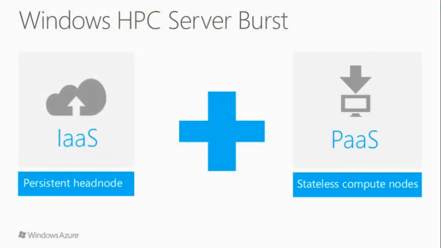Another option I want to talk to you about is Windows HPC Server. Windows HPC Server is really about IaaS, which requires administration. So the idea is that you create a head node in the cloud by your system admin. He'll create an AD, he'll create all these different things. It takes maybe 2 or 3 hours to do. With the software as a service options, you simply deploy it and you don't have to worry about it. But here you're actually installing a server. You have to learn how to do administration on Windows Server, which is really fun. It's definitely worth doing once at least in your lifetime to learn how it works. But probably not for a researcher that would want to administrate a large Windows cluster.